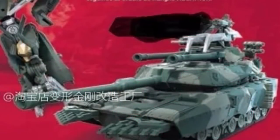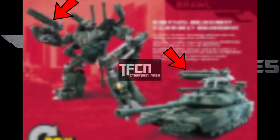And the tank mode looks really good. Besides this one gun up there, I just don't like it. It wasn't in the movie and I don't like it. Hopefully he can take it off, but the robot mode with that hook, my god, this thing is way better